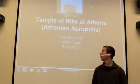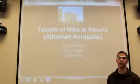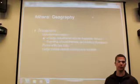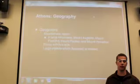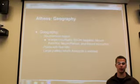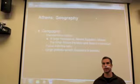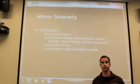Today we'll be talking about the Temple of Nike at Athens, located in the Athenian Acropolis. Its geography is a generally mountainous region with four large mountains: Mount Agaleo, which is to the west, Mount Parnitha to the north, followed by Mount Penteline, which is also in the north, and then Mount Hymettus to the west. Athens is set in kind of a plain-like setting with a large plateau in which the Acropolis is located,